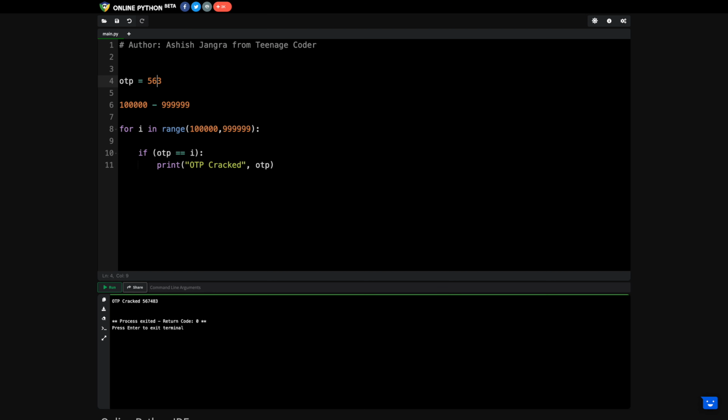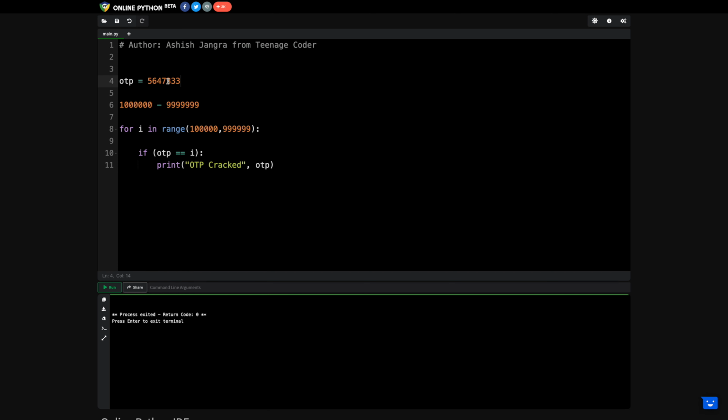So even if the OTP is changed from the server side, here you can see it is taking some time because it is going for a lot of iterations, but now you can see it is cracked. Even if we add complexity, like rather than just 9 lakh iterations, let's suppose I'm going for 90 lakh iterations, even in that case it will crack it, but it will take more time because now I need to go for more iterations, right?